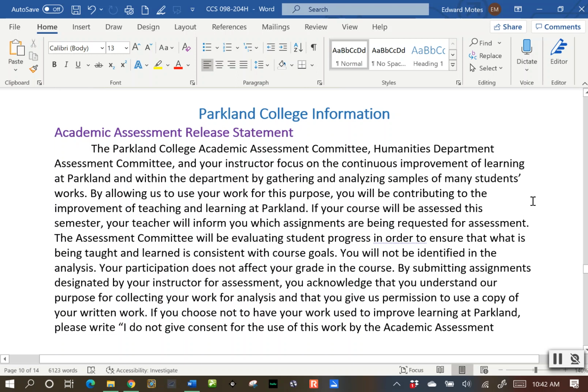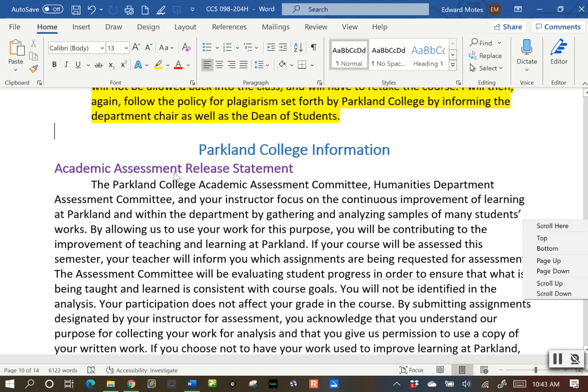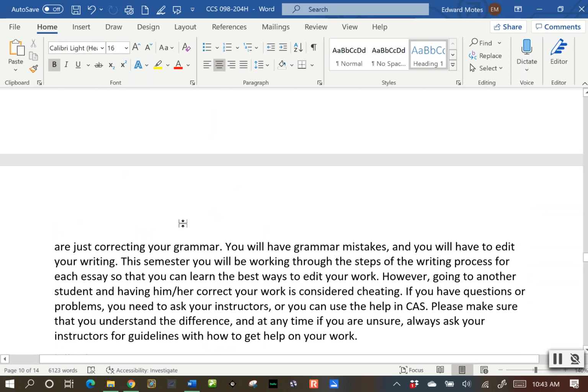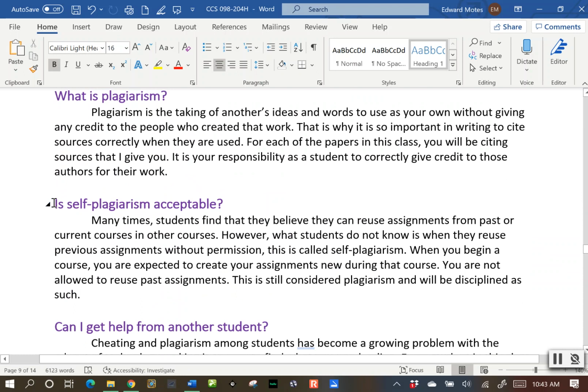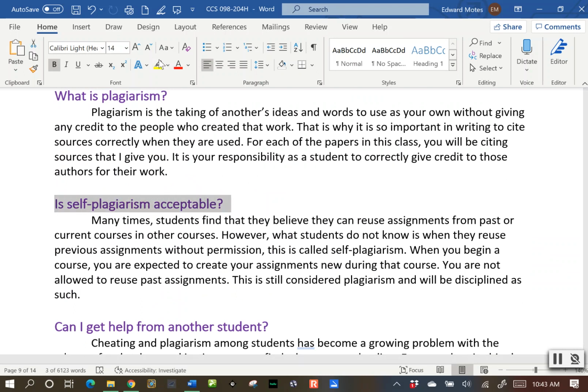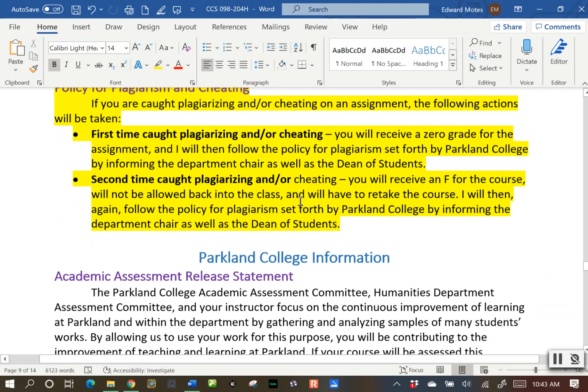Let's see. I'm double checking to make sure that I've highlighted everything that we've gone through for the quiz. Late assignment. Okay. So also, I don't think I highlighted it up here, but make sure you know what self-plagiarism is and not to do it, and then make sure you know what plagiarism is. And I'll review those at the end of the video real quick.